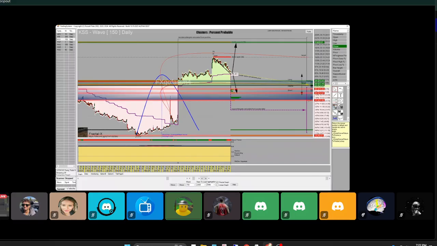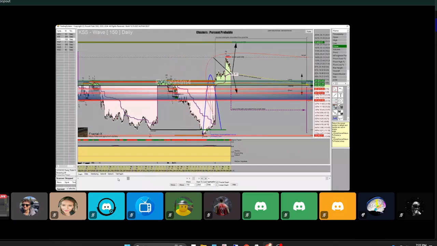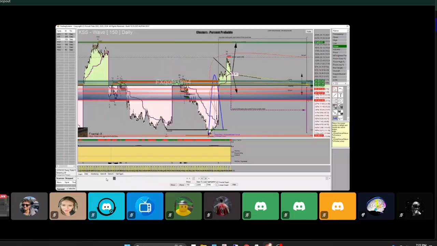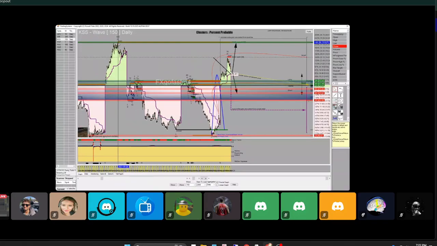Can we check some past behaviors on it? See how it interacted when it was above pivot beforehand. Same wave in days of load, or what are you thinking? Would you like to see a certain time frame? Like just pull the zoom out a bit. Okay. So look at the history of the Wave 150. You can see compression there, and then went back up, but then fell for L1 there.